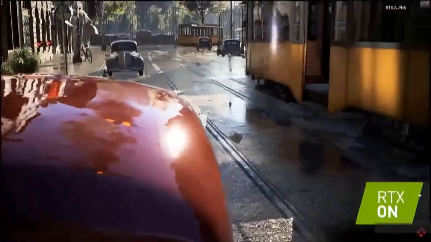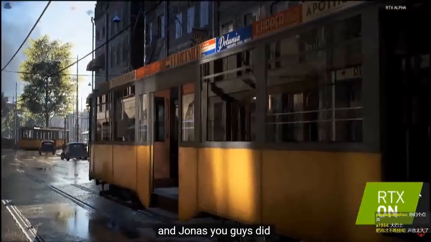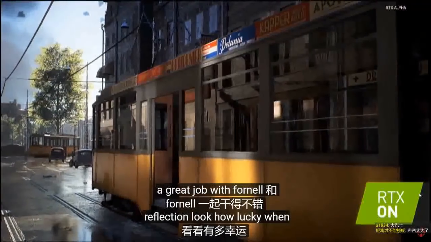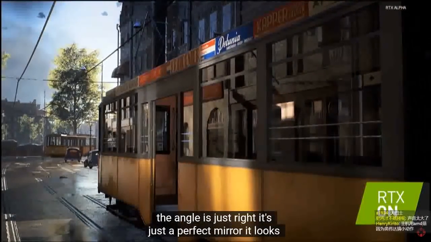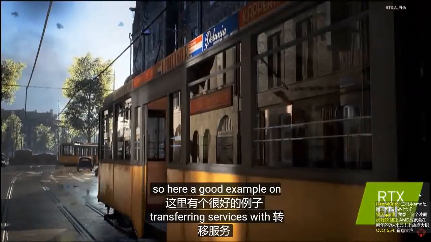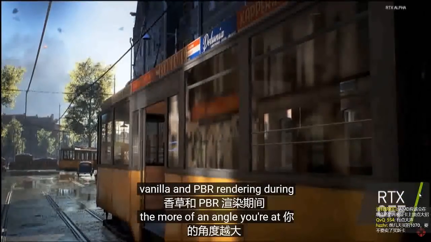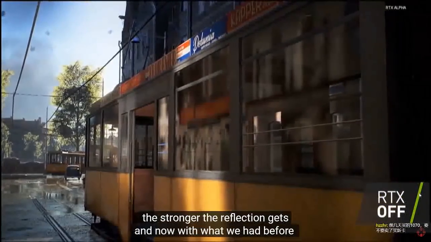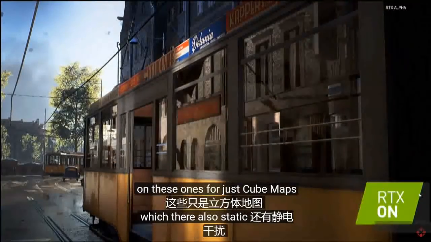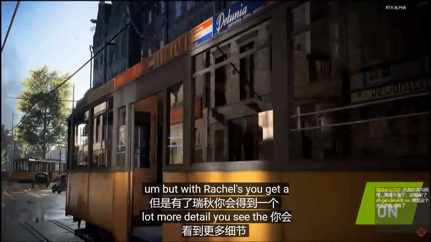And Jonas, you guys did a great job with the reflection. Look when the angle is just right. It's just a perfect mirror. So here is a good example of surfaces with vanilla RTX NVIDIA rendering. The more angle you're at, the stronger the reflection gets. So now with what we have before,